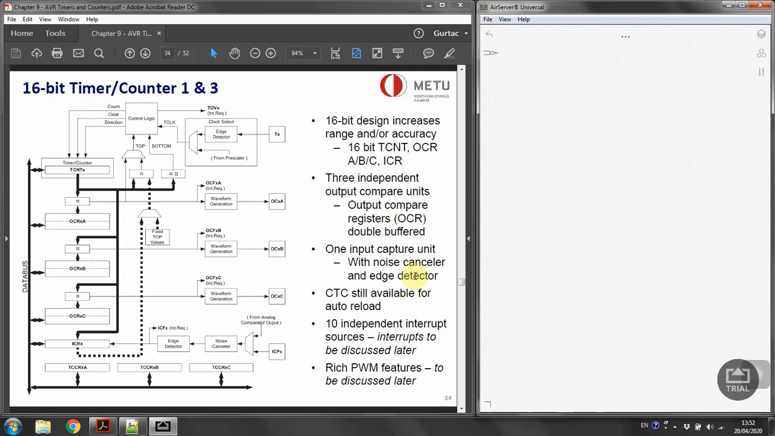And we have got 1 input capture unit with noise canceller and edge detector, and CTC still available, and 10 independent interrupt sources, which we are going to discuss in the next chapter. And we also have rich PWM features, which we are going to discuss in another chapter as well. So if we get into